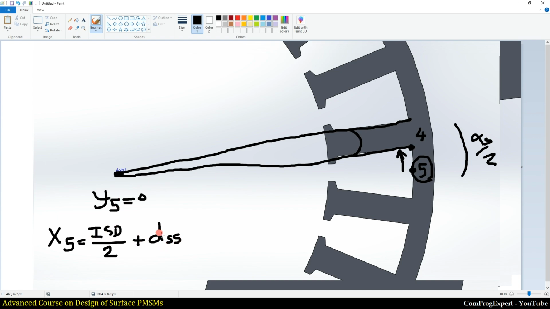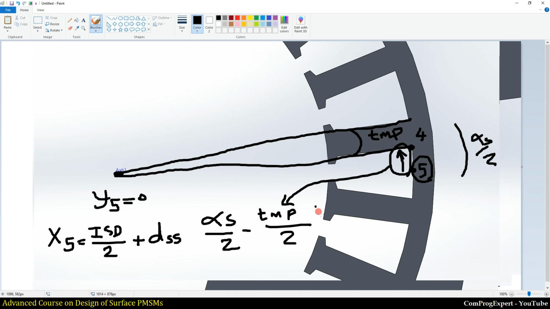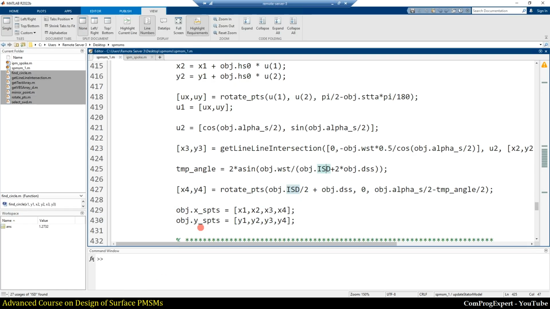So if we rotate this point equal to this angle, that is alpha S divided by 2 minus this temporary angle, TMP, divided by 2, we can calculate the coordinates of the point number 4.